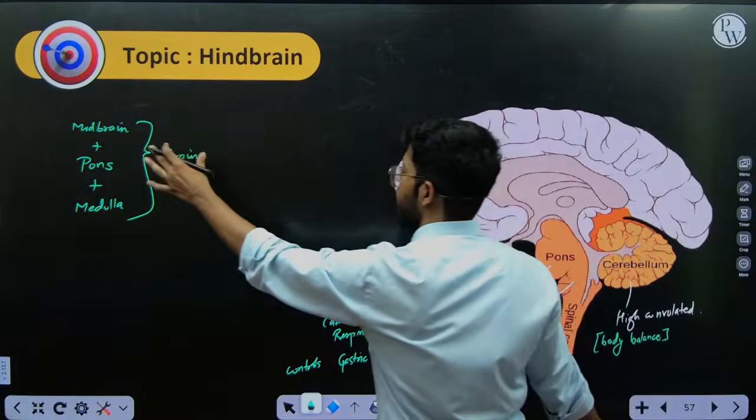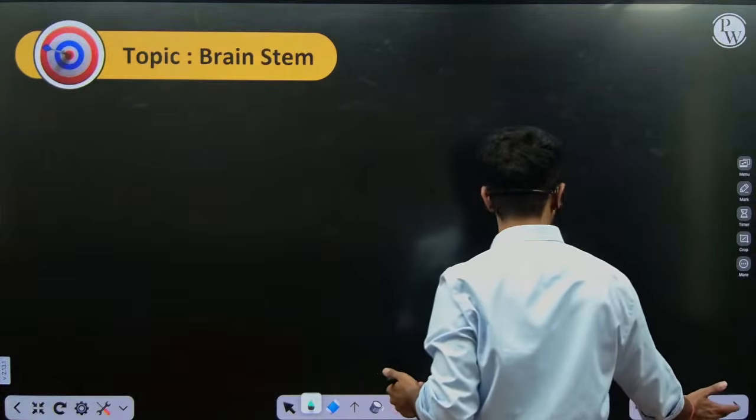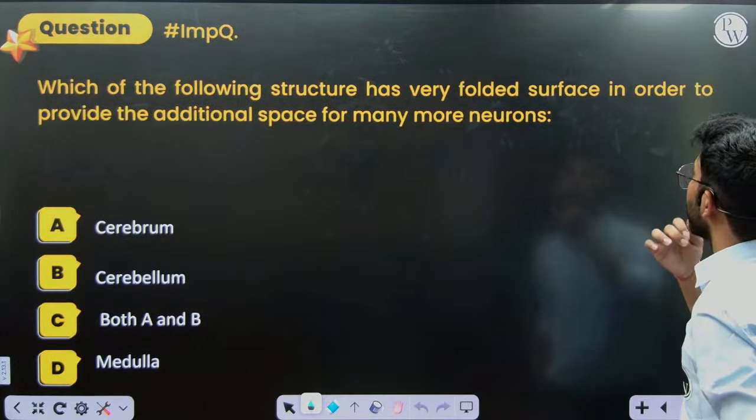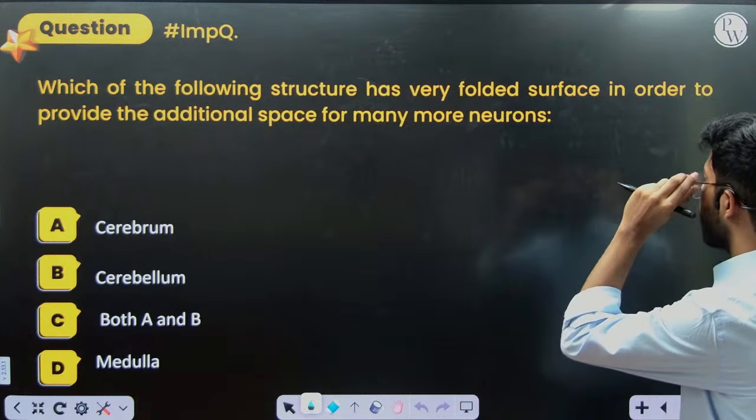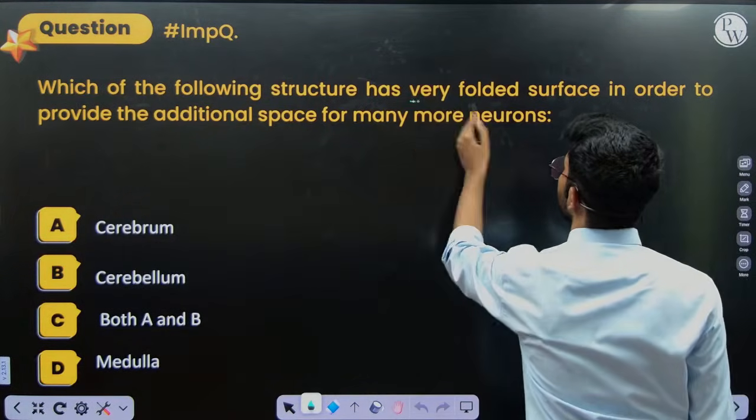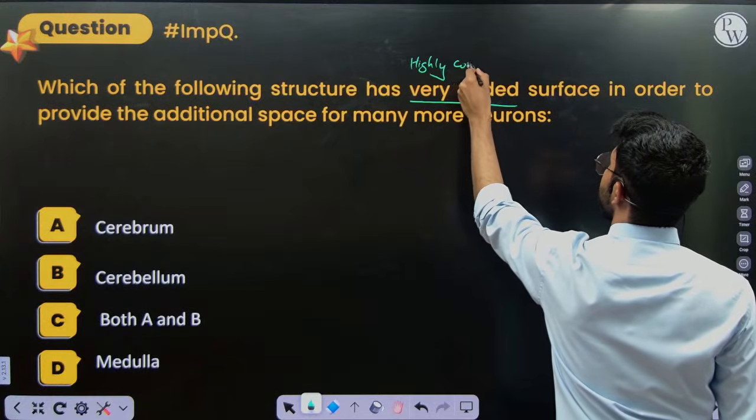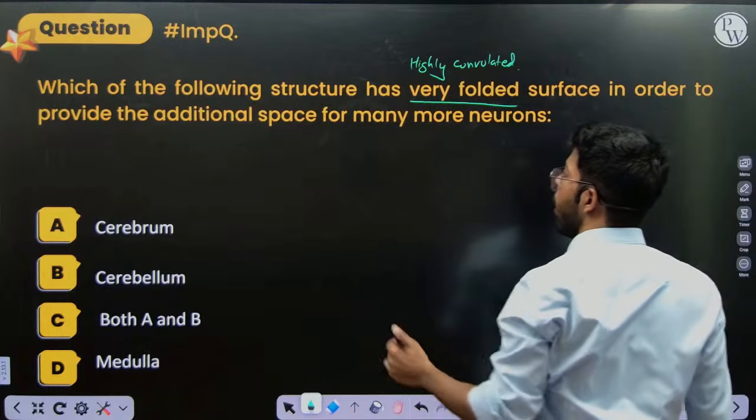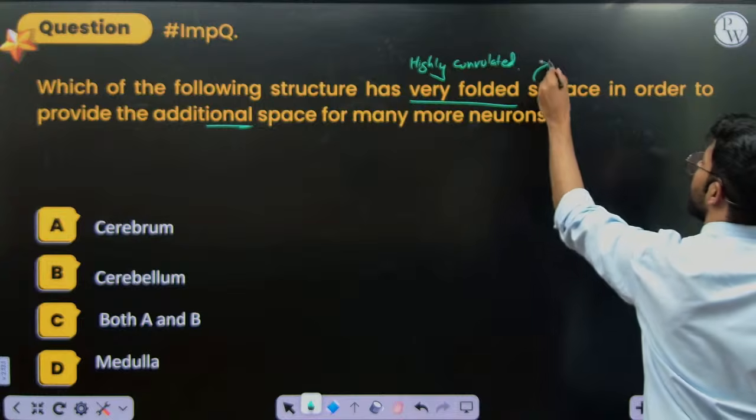Same, the brain stem. Which of the following structures has a very folded surface in order to provide additional space for many neurons? Highly convoluted, this is saying highly convoluted and additional space. The highly convoluted region is the cerebellum,